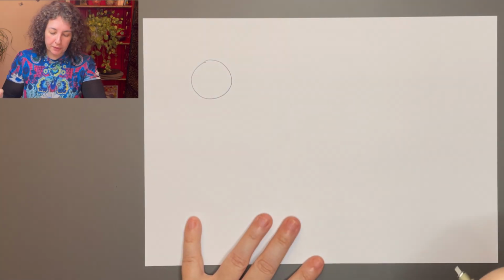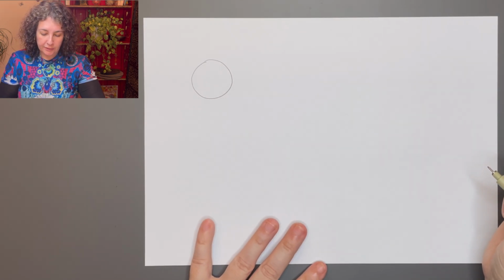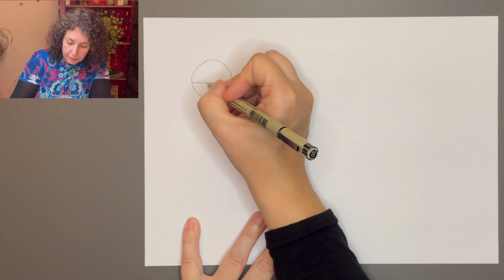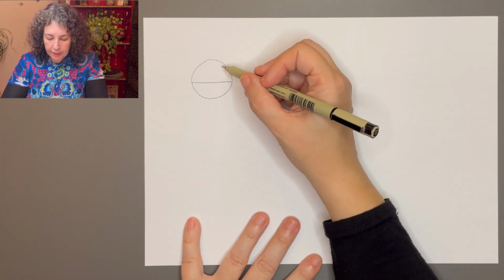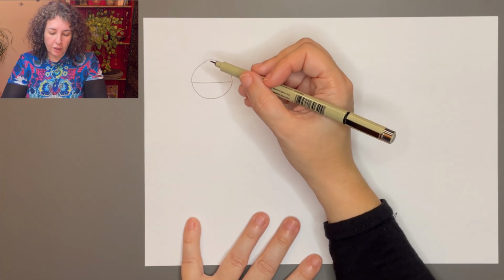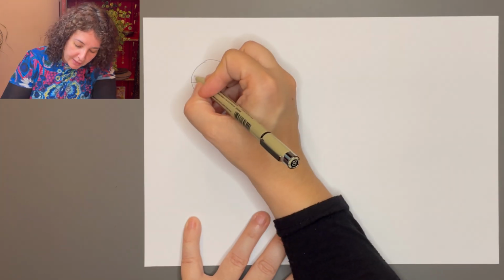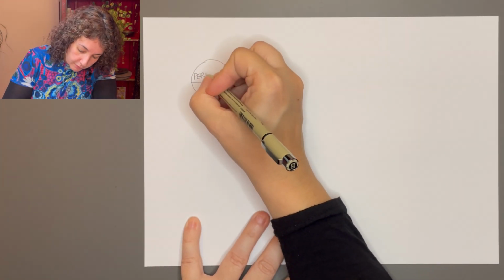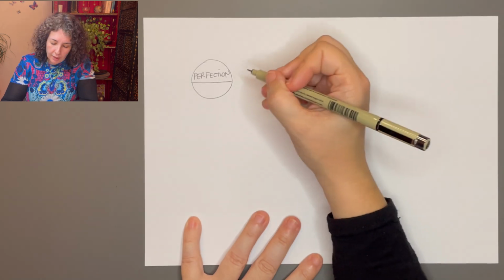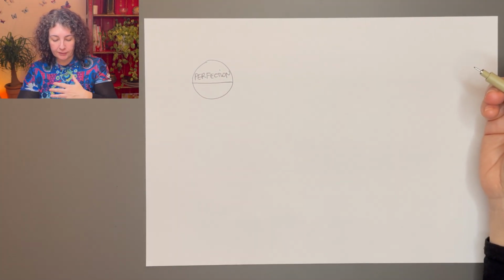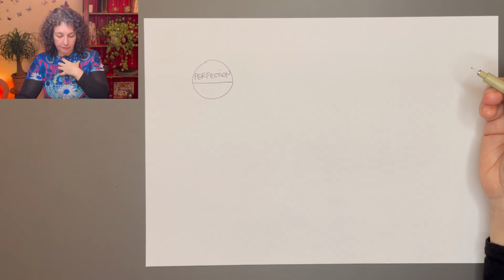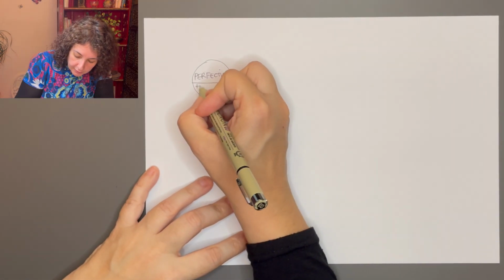I start with the part that is present. I put it on the left side of the paper, just with a circle, and I split the bubble in two. And usually in the upper part, I either put a description of the part or its name. For example, I might write perfection. And then in the lower part of the bubble, I simply write where I feel it in the body. And I might feel it as a tightening